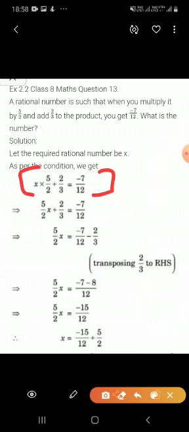Now here like terms we can collect. Second step, see, x into 5 upon 2 will become 5 upon 2x. Remaining terms remain the same, plus 2 upon 3 equal to minus 7 upon 12. Now this 5 upon 2x as it is, this plus 2 upon 3 we are shifting it to the other side. Side we are changing, so plus 2 upon 3 becomes what? Minus 2 upon 3. Now solving it, the LCM of 3 and 12 is what?